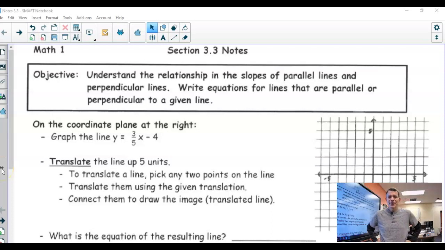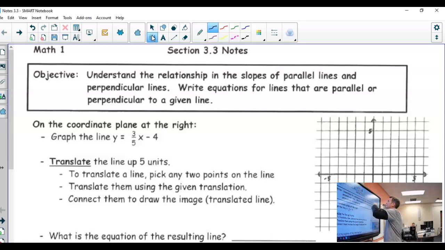Hey, good morning, Math 1. Today we are doing the notes for Chapter 3, Section 3. We're going to talk about parallel and perpendicular lines and a little bit about rotations. The thing we want to do here is we want to be able to understand the relationship